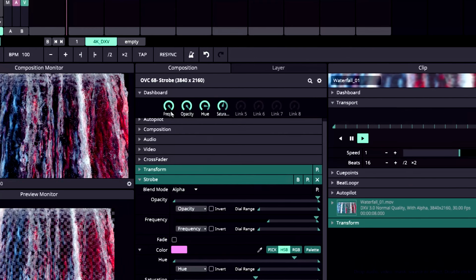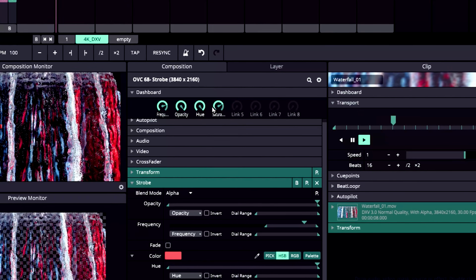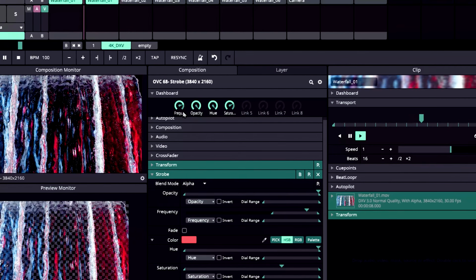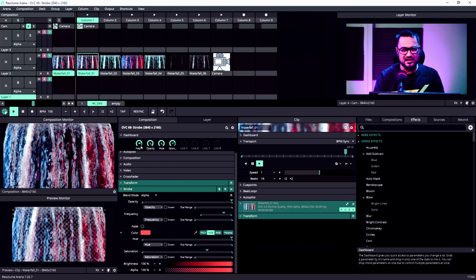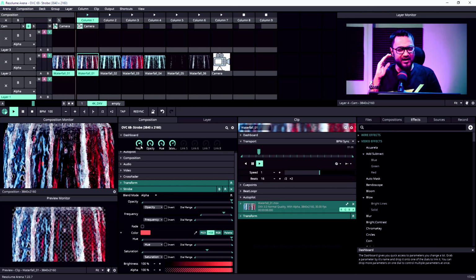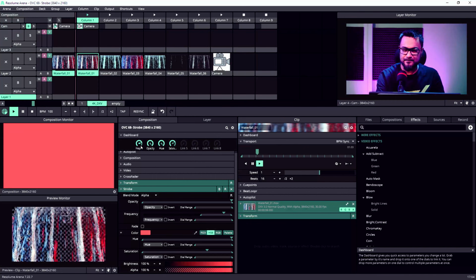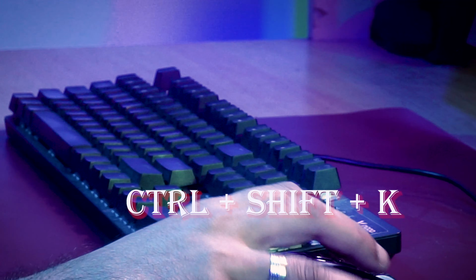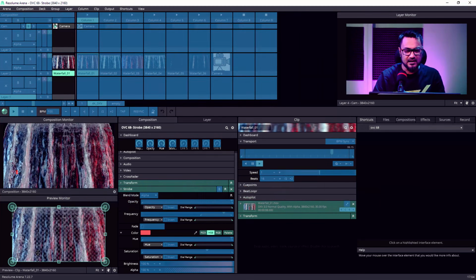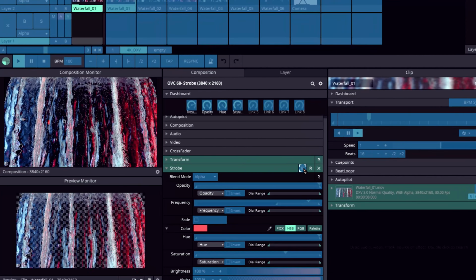So now that we have all our controls connected to our dashboard, these are all essential ones, but going to there and using mouse to control is just silly. So we are going to start with a crazy way, a very secret way that is called keyboard mapping. Come on. So let's go to keyboard shortcut pressing Ctrl+Shift+K on Windows or Command+Shift+K on Mac. Let's make some shortcuts. Let's start with this bypass.